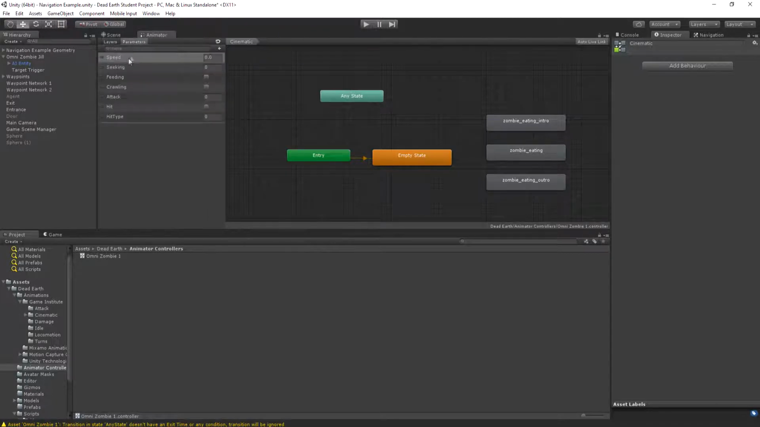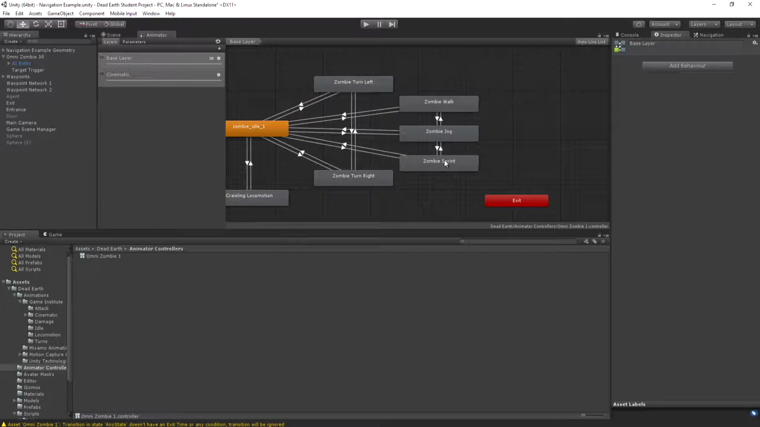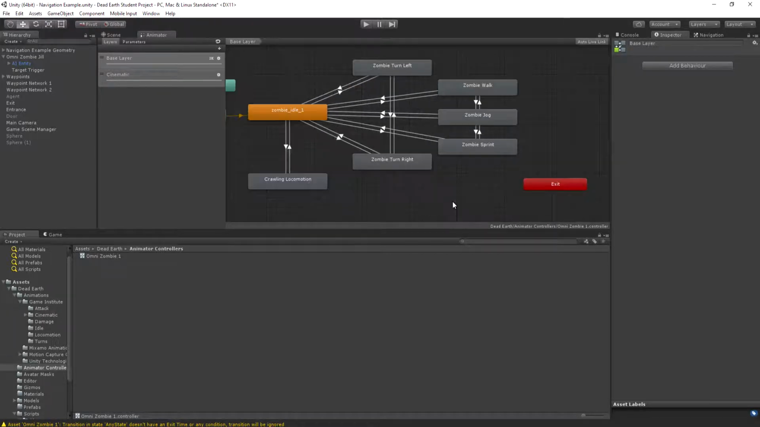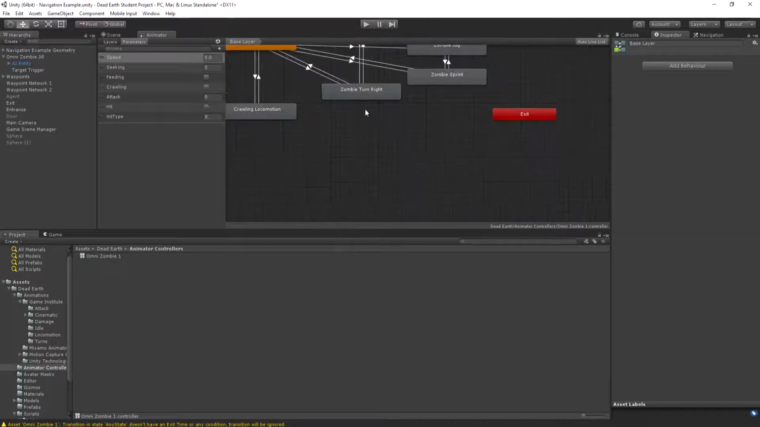At the moment, on our base layer, all we have is walk, jog and sprint, and turn right and turn left. But we're also going to have a little subsection of locomotion to deal with zombies that are crawling, that no longer have the use of their legs. Perhaps because that's how they started off at the beginning of the level, or perhaps because the player has damaged their legs to such an extent that the zombie can no longer get back up, so it will start crawling